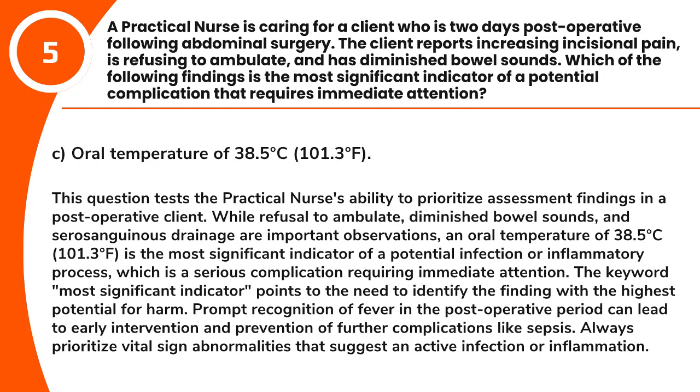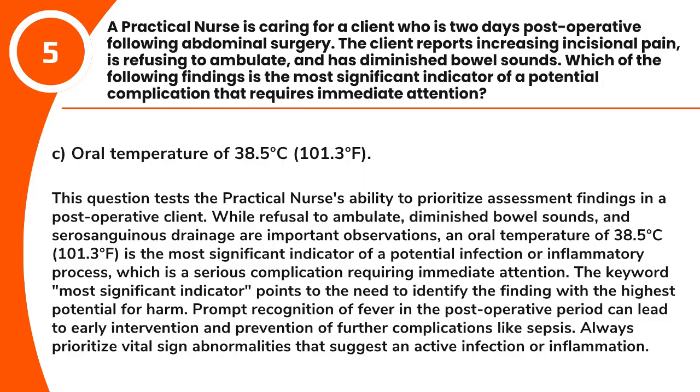Answer: C. Oral temperature of 38.5 degrees Celsius, 101.3 degrees Fahrenheit. This question tests the practical nurse's ability to prioritize assessment findings in a post-operative client. While refusal to ambulate, diminished bowel sounds, and serosanguinous drainage are important observations, an oral temperature of 38.5 degrees Celsius, 101.3 degrees Fahrenheit is the most significant indicator of a potential infection or inflammatory process, which is a serious complication